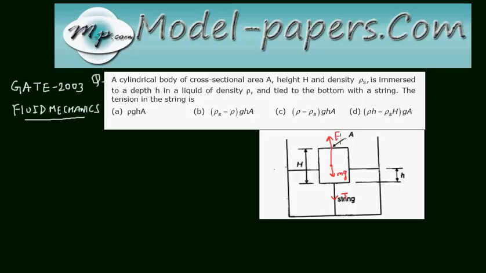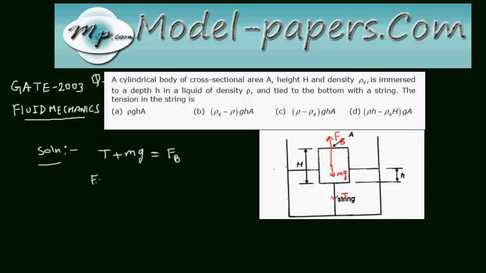Let's say this is the buoyancy force FB, and so we can write the equilibrium equation here. T plus mg, this is the total force acting in the downward direction, equal to the buoyancy force FB,